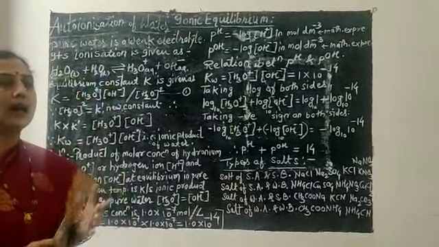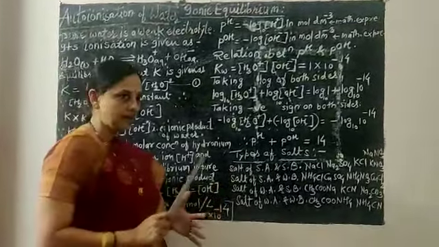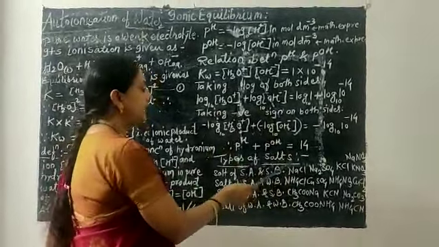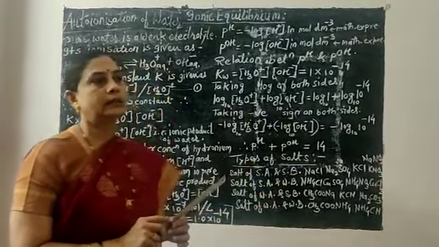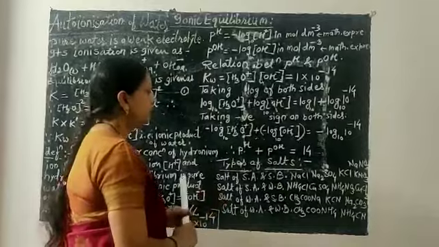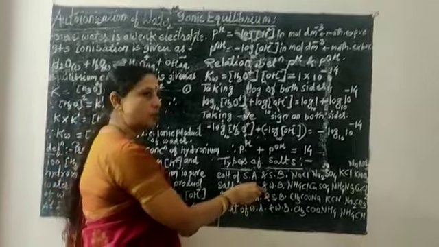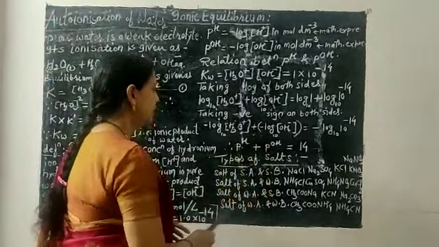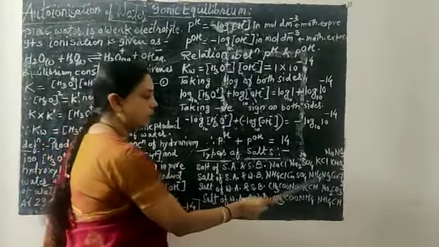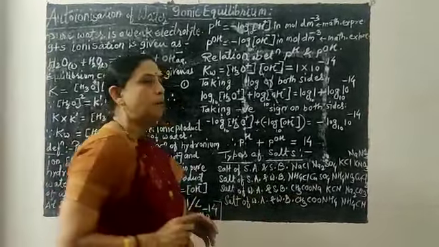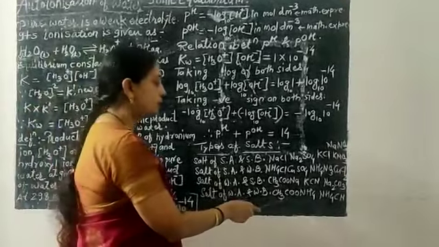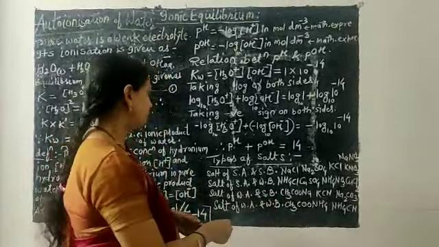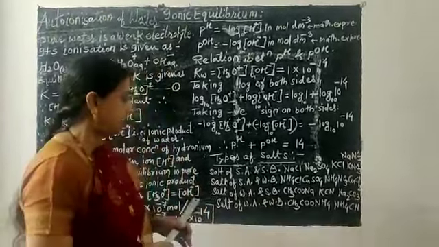We have to study the hydrolysis of these salts. Means when these salts are dissolved in water, they will produce again the acid and base from which they have been prepared. For example, NaCl, this is a salt, but when it is dissolved in water, it will produce NaOH and HCl. Here you can take CH3COONH4. This is the salt of weak acid weak base, but when it is dissolved in water, it will produce CH3COOH, acetic acid, and NH4OH, that is ammonium hydroxide.